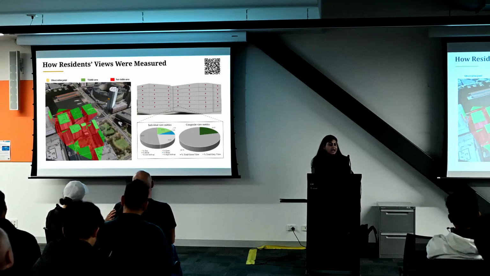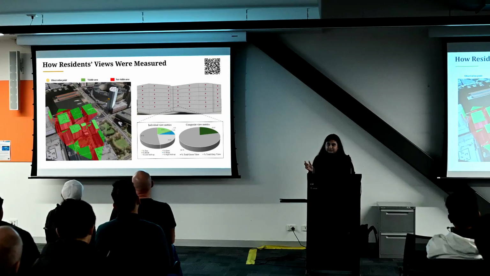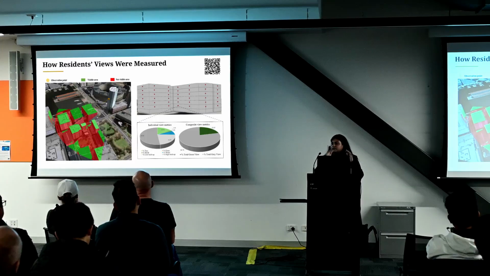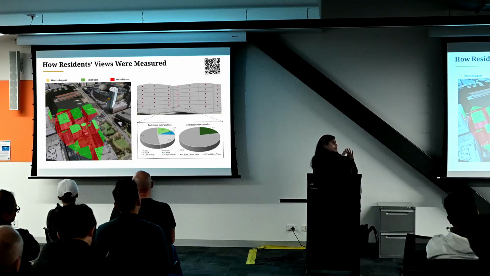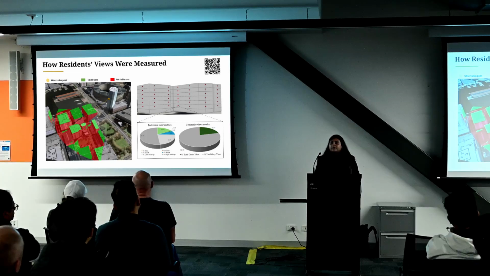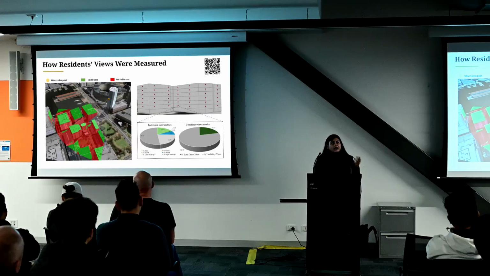And then I ran a viewshed model. Now, how does the viewshed model work? It's simple. From each point, a line of sight goes to the environment. It traces how much is visible. If there is any obstruction, the line will hit it, and then it becomes invisible. So you can see from this point of the building, the red part is the invisible part, and the green is the visible part. I used the same viewshed analysis used in GIS or geospatial research, but I automated it, I modified it.